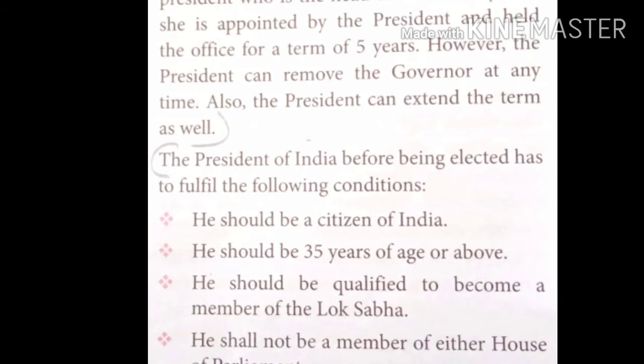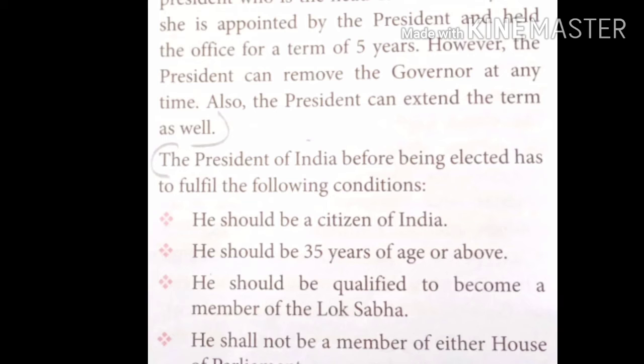ही और शी शुड बी 35 years ऑफ एज और अबव। उनको 35 years के या उससे ऊपर का होना ज़रूरी है। ही और शी शुड बी क्वालिफाइड टू बिकम अ मेंबर ऑफ लोकसभा। दूसरा, उनको लोकसभा का सदस्य होना ज़रूरी है। ही शैल नॉट बी अ मेंबर ऑफ अदर हाउस ऑफ पार्लियामेंट। साथ में पार्लियामेंट के किसी और हाउस के वो सदस्य नहीं होने चाहिए उसी समय पे जब वो प्रेसिडेंट के लिए इलेक्ट हों। ही और शी शैल नॉट बी अ मेंबर ऑफ हाउस ऑफ लेजिस्लेचर ऑफ एनी स्टेट। साथ में वो स्टेट के लेजिस्लेचर के मेंबर भी नहीं होने चाहिए।